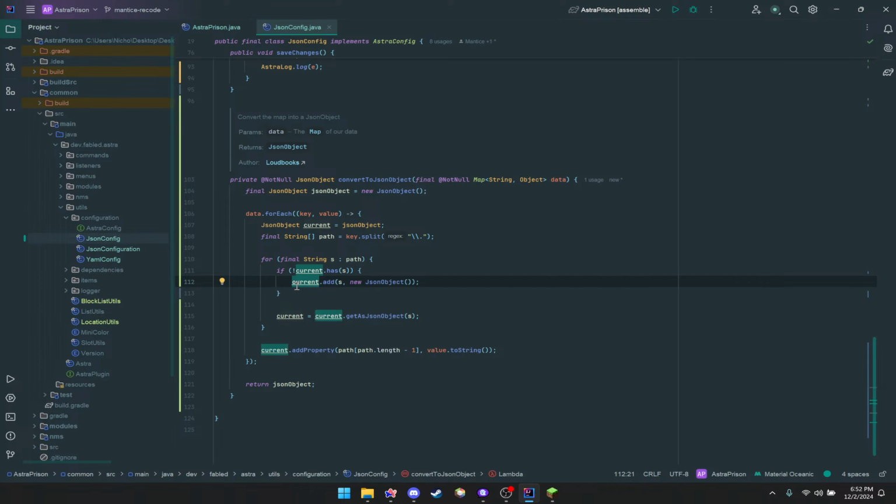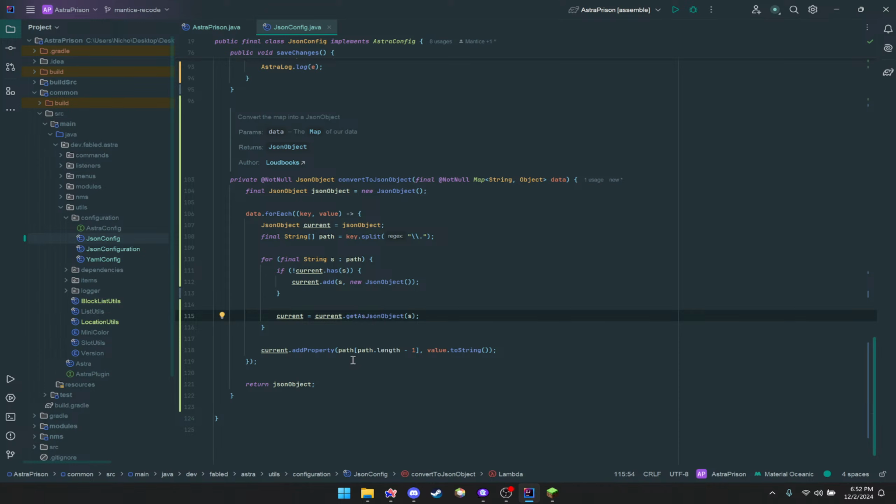If it doesn't have it, then we add a new JSON object to it. But after that, it sets current equal to current dot get JSON object s,